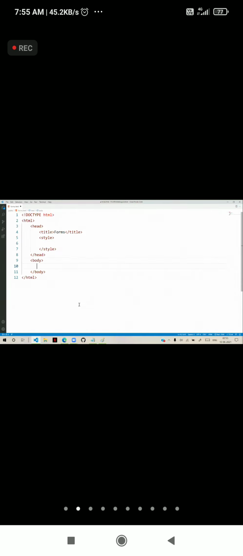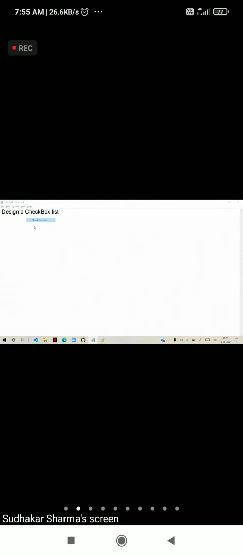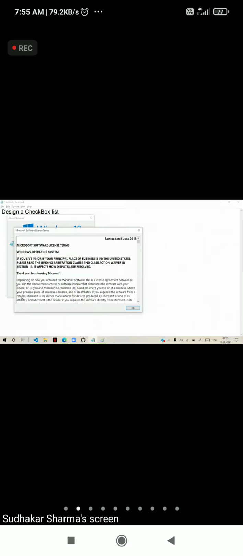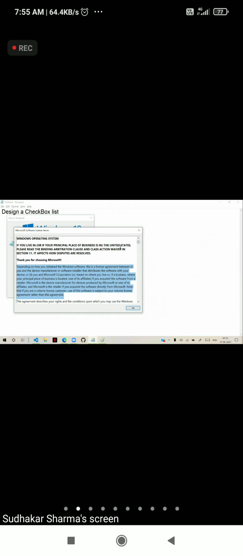Suppose we have a fieldset with a legend, terms of service. And in the terms of service, suppose we are giving a div, and in that div we are copying some paragraph. So that is like terms of service, some paragraph. Roughly I'm using some paragraph.